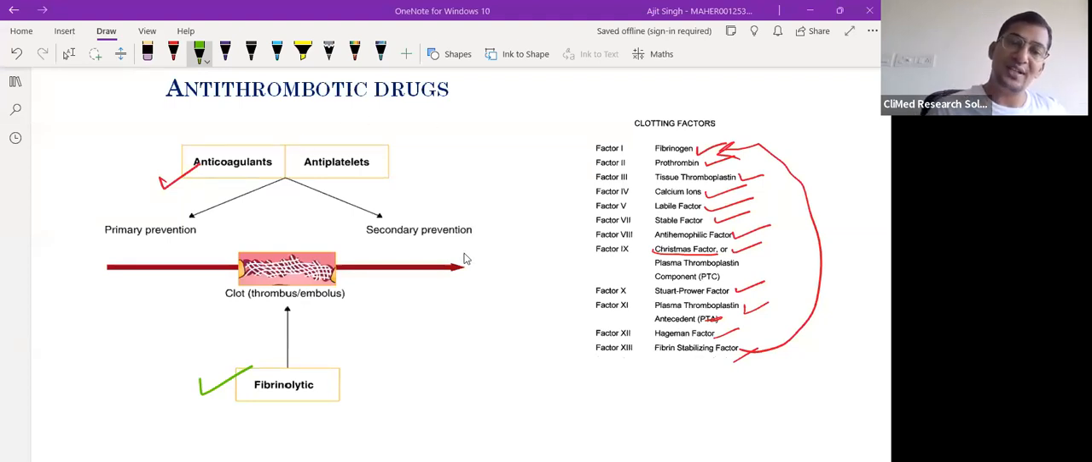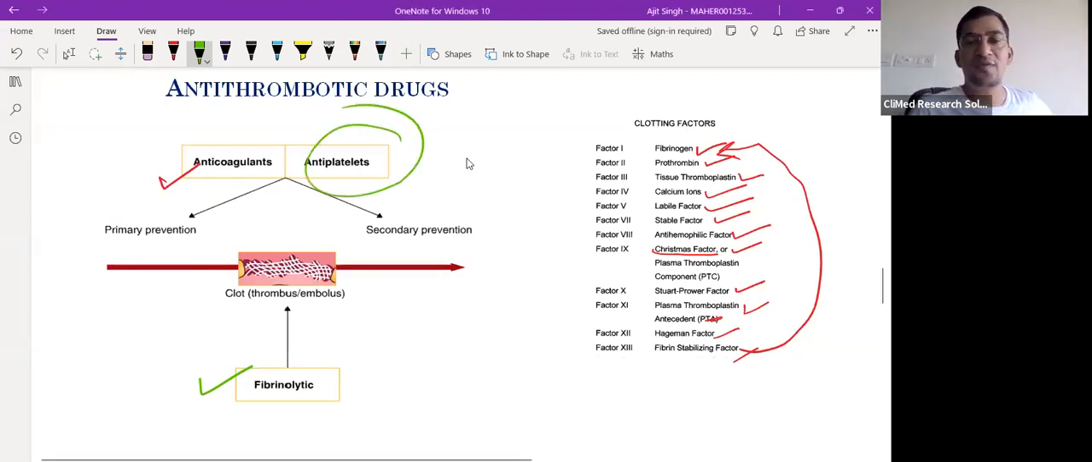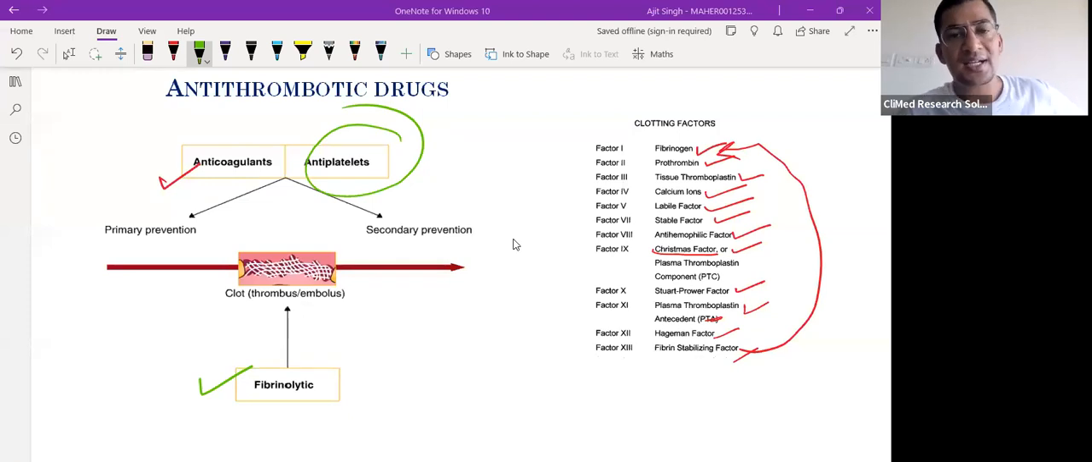And what about antiplatelets, guys? What do you think about antiplatelets? Prophylactic or treatment? Treatment, okay. So you think antiplatelets are all treatment, right? Antiplatelets are treatment. But let me tell you,